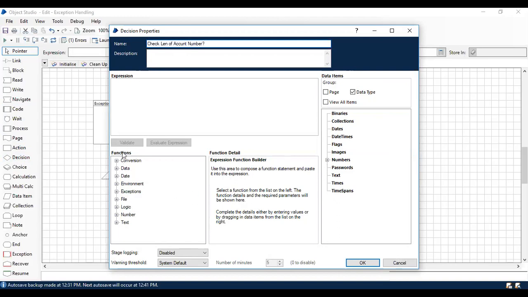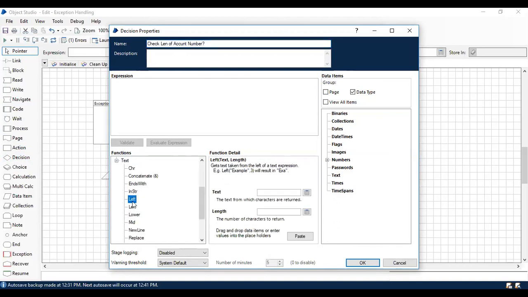To do that, you have functions in the decision properties. Just go to that.